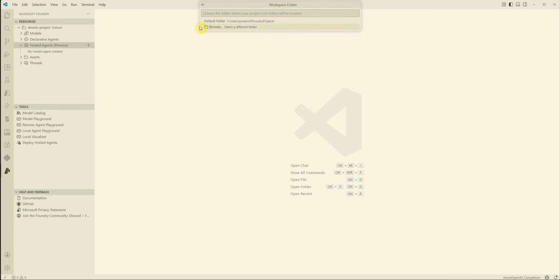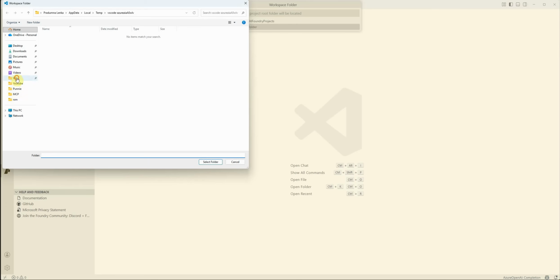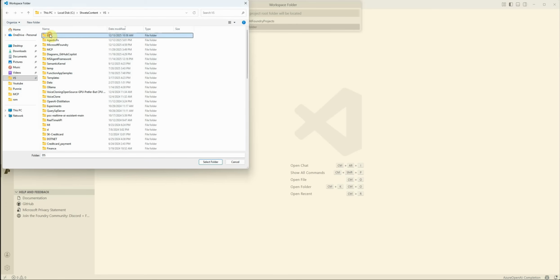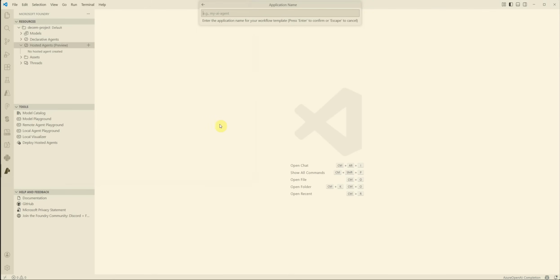And then you need to define where you want to place your source code. So I will select some folder here. I will go with my DS folder, and let's provide some name. I would say my demo app. And when we are saying that application name, it means what it is going to do is